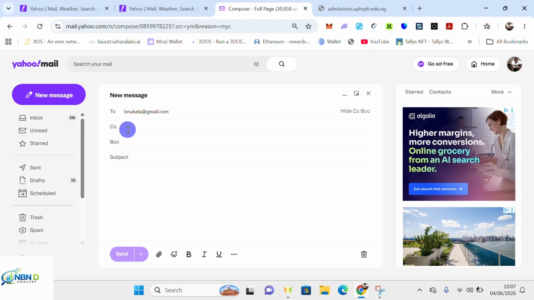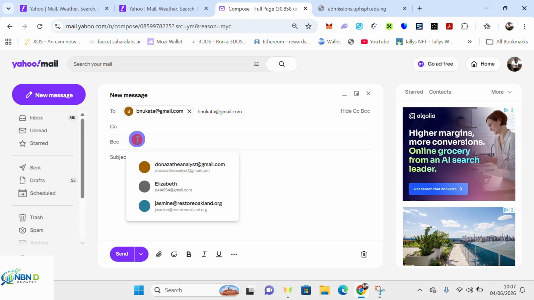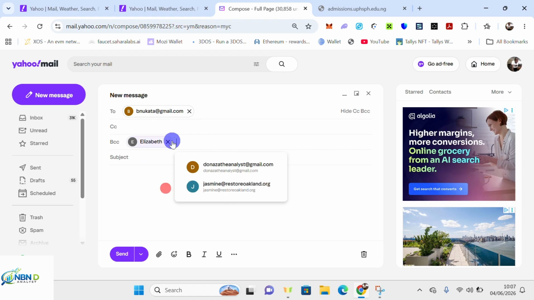The mail I sent previously was To and carbon copy. That means this person will be notified that the same mail has been sent to the CC. But when I use the BCC, it simply means that this person will not be notified that the mail has been sent